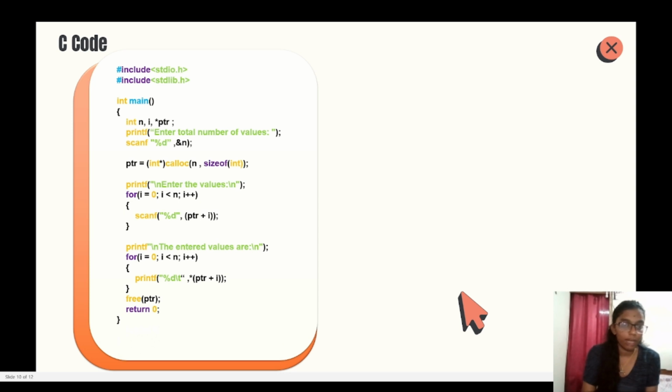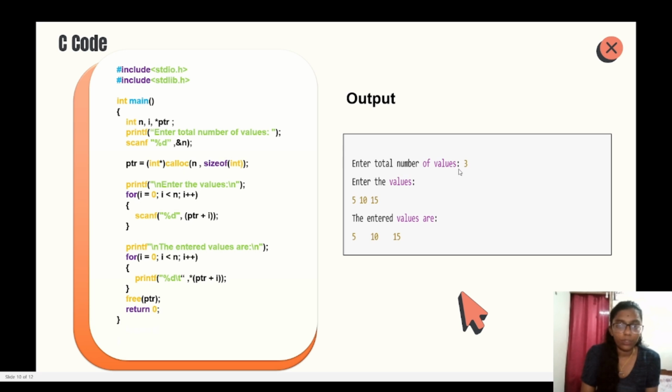A simple program. It is almost the same as the malloc one. The only difference is this declaration. Here we are using calloc. Just imagine again. We'll see the output and then we can compare it. So 3 is n, and then the size of integer is 4. So it is like 3 blocks of size 4 being created, and initially they are all the same, and then we're going to print it. But here again, as I said, if we comment out these 4 or 5 lines of code that enter the values,